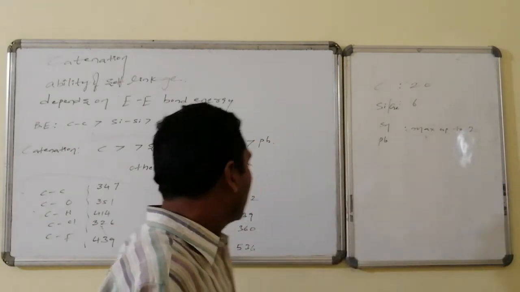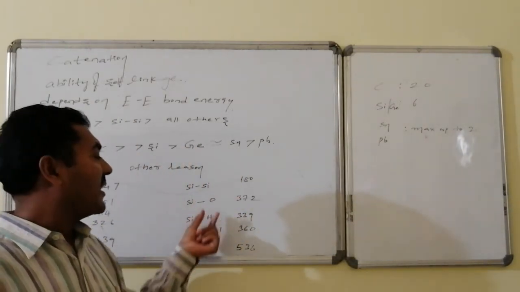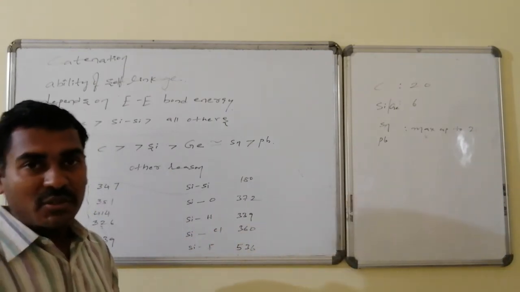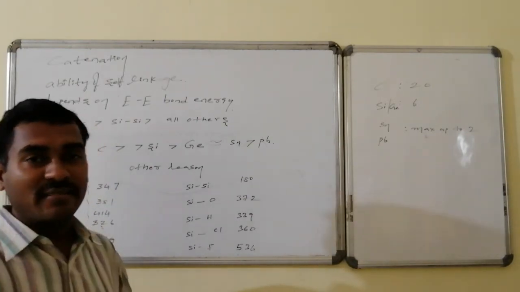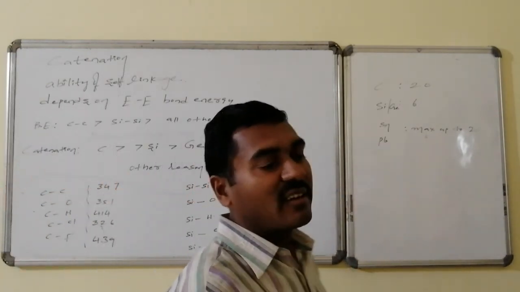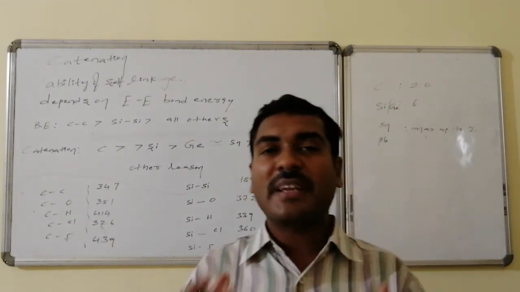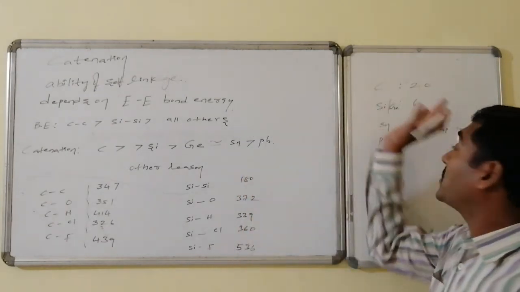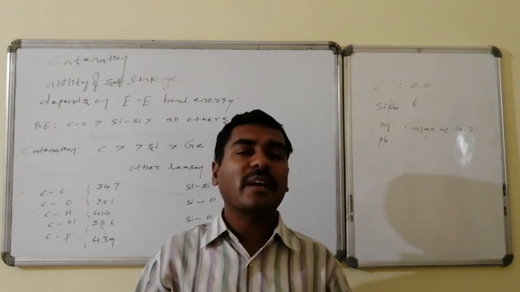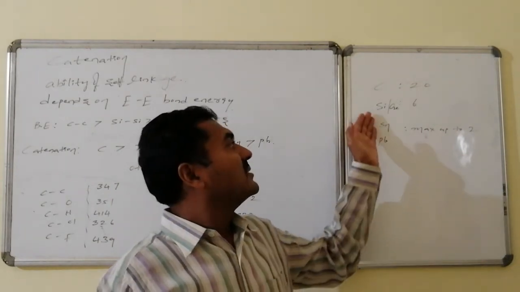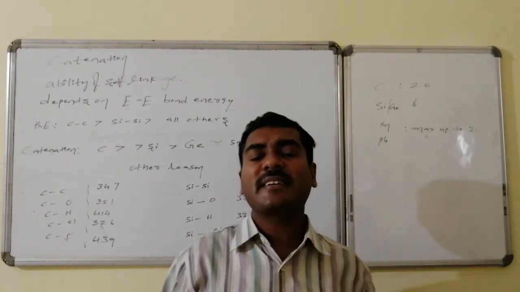Whereas for silicon, the silicon-silicon bond energy is small compared to silicon with other elements like hydrogen, oxygen, fluorine and chlorine. Therefore, silicon mostly prefers to combine with other elements, but not with silicon. Thus, the catenation ability of silicon decreases. Carbon can form chains of any length, up to 20 carbons also. In silicon, a maximum of 6 atoms can be connected with one another, and germanium is the same, whereas tin and lead connect up to 2 atoms.